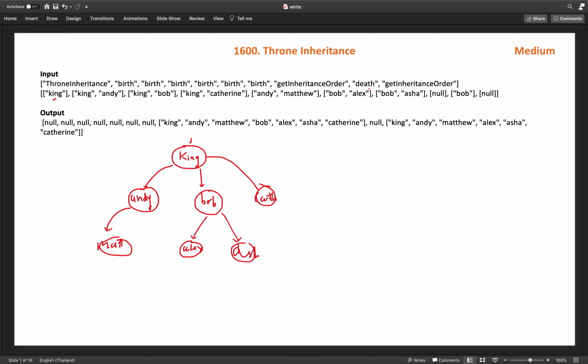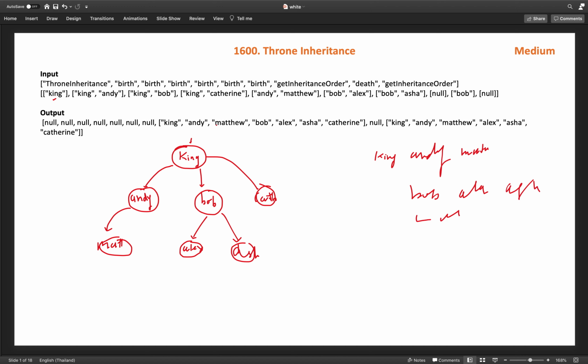Now the get inheritance order method is called. If this method is called, then we have to return first king, then Andy, then Andy's son Matthew, and after that Bob's children Alex and Asa, and the last is Catherine.